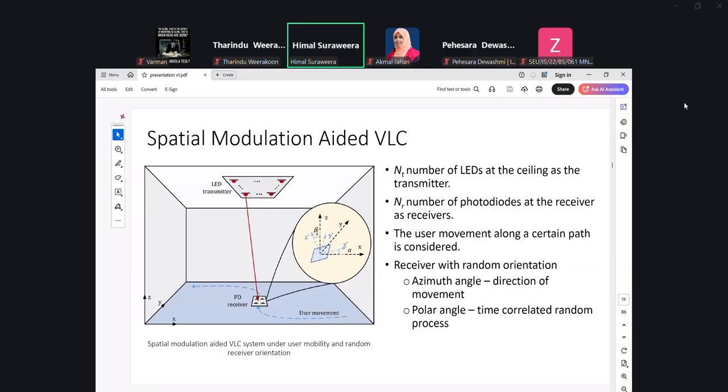In this environment, the user is moving within the room, and the orientation of the receiver is not purely random, but it varies. For example, if a laptop is taken inside the room, the orientation of the laptop can change.